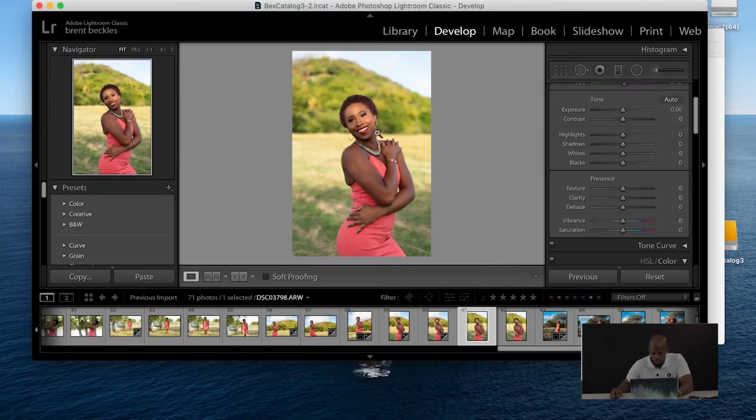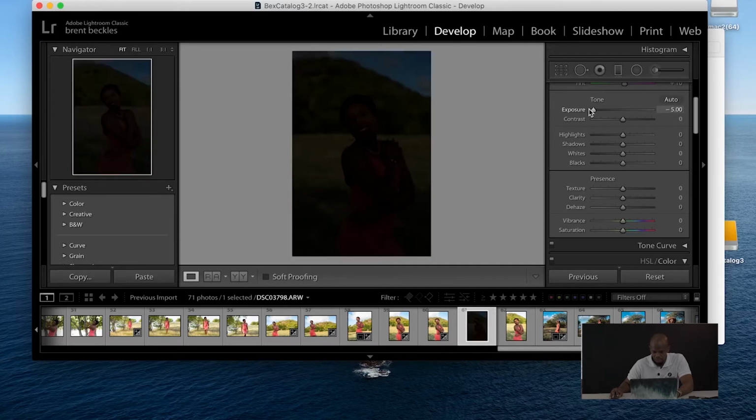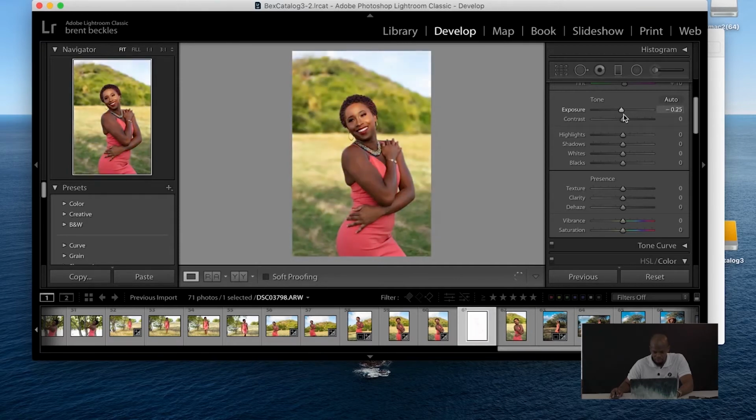first off, you're going to go with exposure. Exposure can make the photo really dark, really bright. So you play with it along the lines in the middle. You can correct it however you want. If you want it a little brighter, a little darker, you could do that. Contrast